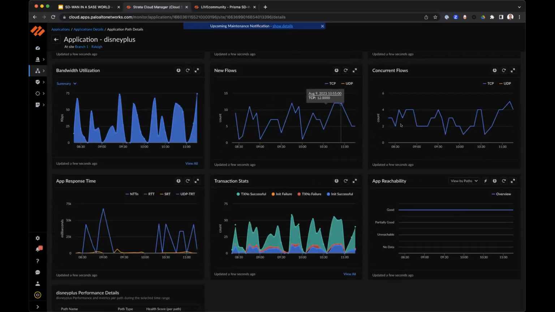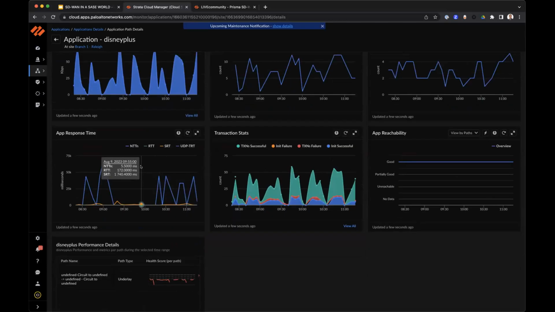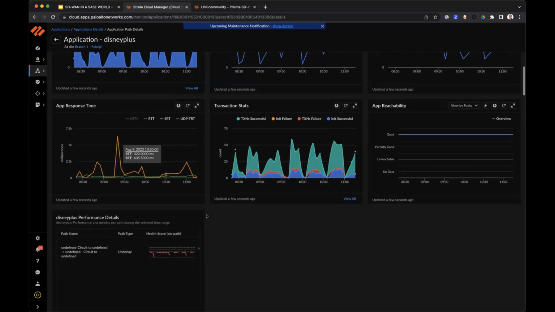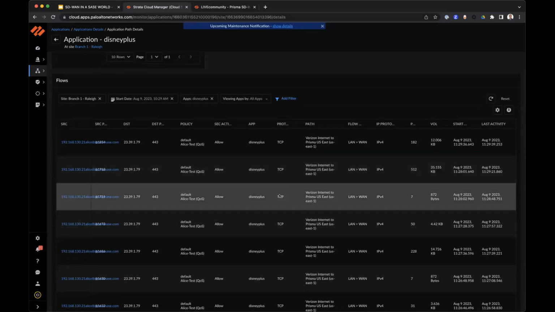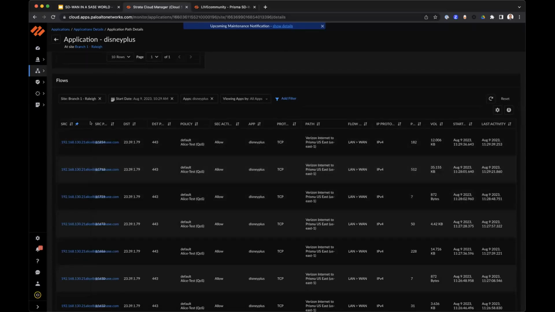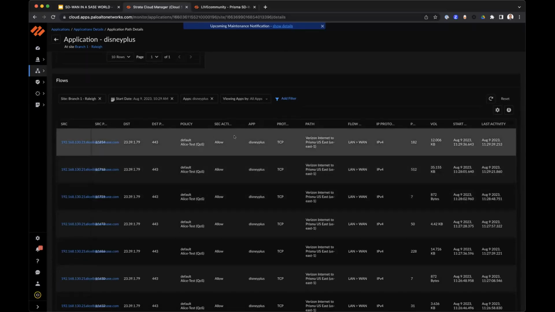Bandwidth utilization, new flows, concurrent flows, app response time. For a lot of longtime customers, you know what this app response time is. This is your easy way to understand what's a network issue in the form of RTT versus what might be a server response time issue in the form of SRT. And then app reachability. Down below, you can see, I've got to broaden this column out a little bit, but you can see